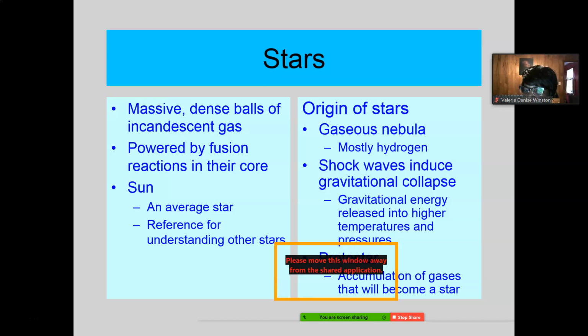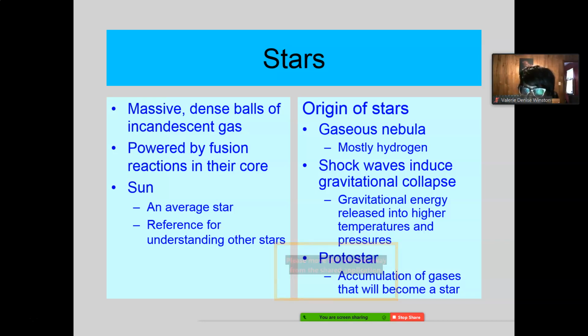Now, our sun is just an average star. It may look much, much bigger and much, much brighter than all the other stars, but in reality, it's just an average star. It's about medium size, medium brightness, medium everything. But it's what we use for reference for understanding other stars, because it's right in the middle of the scale. There's stars that are much weaker and dimmer and cooler, and there's stars that are much bigger and hotter and stronger and brighter. Our sun is right in the middle.